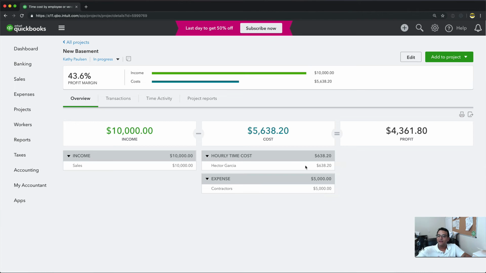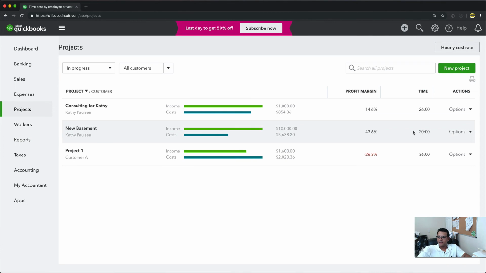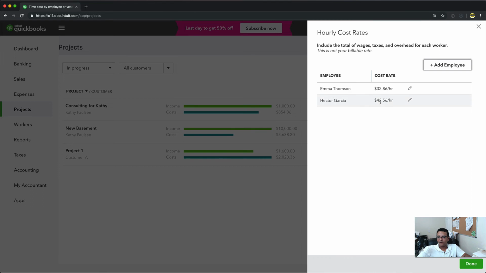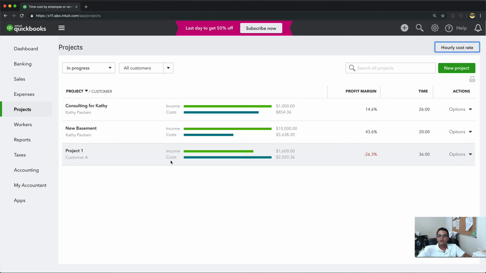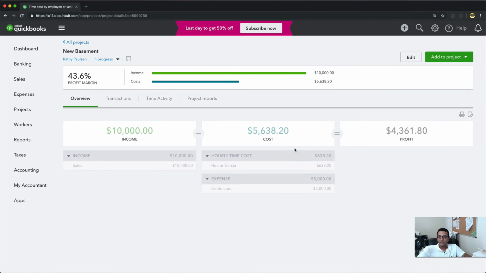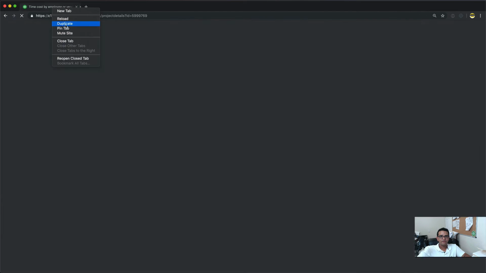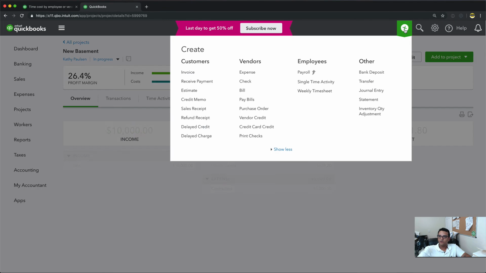Every time I add additional hours to this job, you're going to see that new hourly rate being added in there. So for example, let's go back here for a second and let's double check what the hourly rate for Hector is. So it's $42.56. That's pretty clear there, right? So I'm going to open up the project we're working on here, and then I'm going to open a new screen, and I'm going to go into my timesheet,